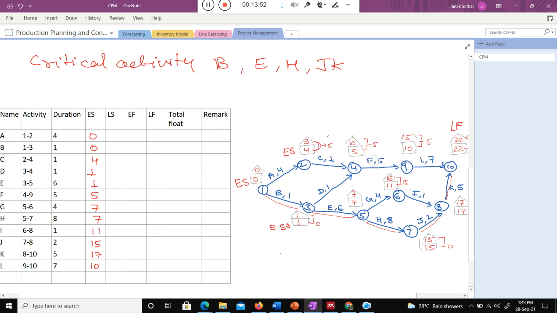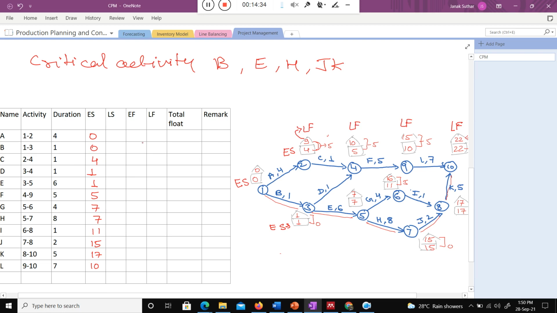Okay, when I talk about the activity F, what is the late finish for activity F? Activity F, that is 15. You need to manage like that, you need to finish that particular activity in the 15th week. Late finish means you can delay like that, late finish will be 15. When I talk about the activity C, the late finish is 10. When I talk about the activity A, late finish is 9. That is the upper part of this particular template. This is the late finish. Are you getting my point, class?